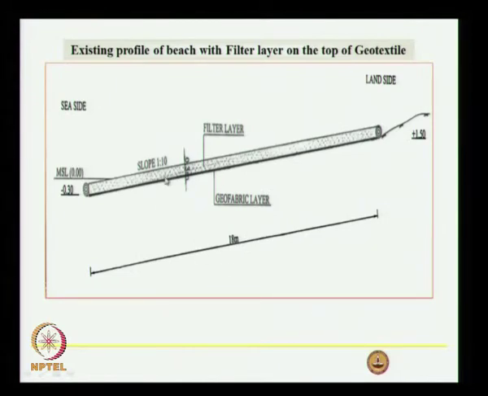Next you place the filter layer, up to 150 mm size, 300 mm thickness, and you maintain the slope of 1:10. Suppose the slope is steeper than this, you fill it and raise it to make it 1:10. If it is flatter, you leave it as it is; you do not make it 1:10. Suppose it is a 1:20 slope, you leave it as it is, do not try to make it 1:10, but you adjust in the core layer.